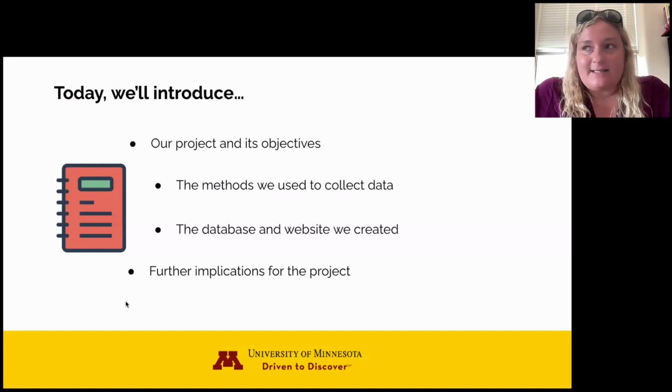So the project itself was to put together an open educational resource which serves as a searchable database for dynamic short-form interactive video. But it turns out it's not as easy as just looking for TikToks and Instagram. You have to kind of engage with the platforms based on the algorithms that they use to make sense of who you are as a user. So we'll talk a little bit about how we sort of hacked that system to get the information we were looking for. Then we'll obviously show you the database we made and the website we created to support it.